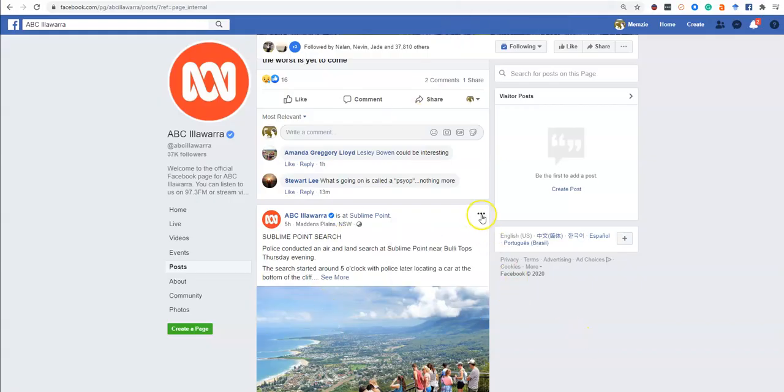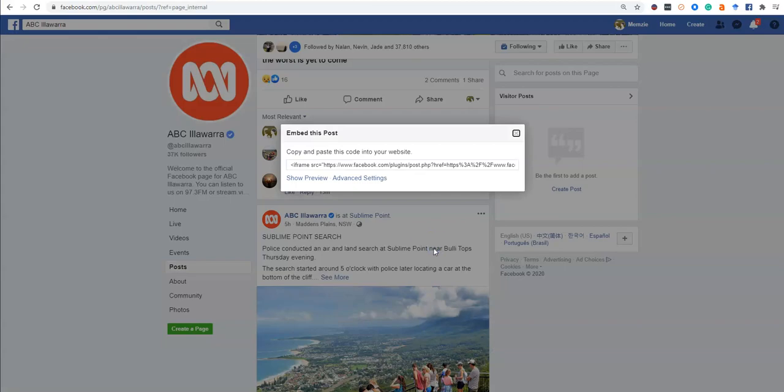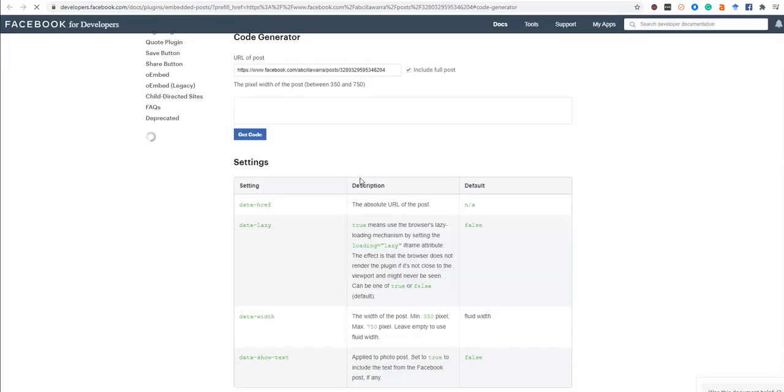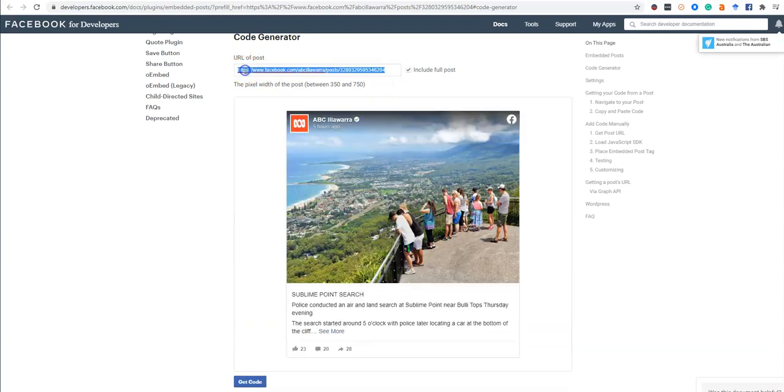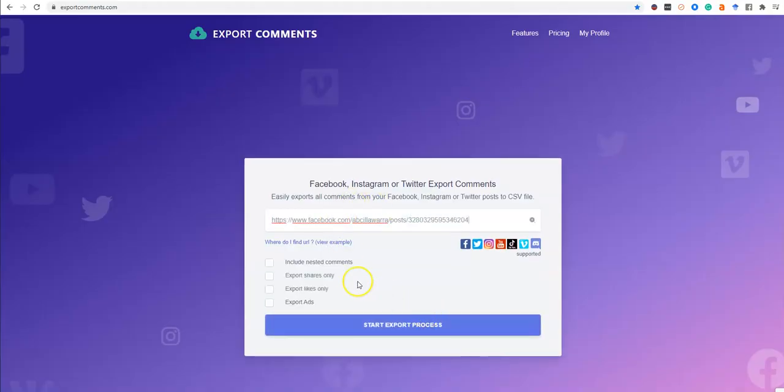step-by-step guide. The first thing you want to do is click those three little dots on the top right-hand side of the page. Click Embed, go to Advanced Settings, and then you'll see the URL of the post right there. So you just got to copy and paste that. Copy, paste, go back to Comment Extract, chuck it in, and then you can include the nested comments, export shares, export likes. So if you want to track all the engagement,